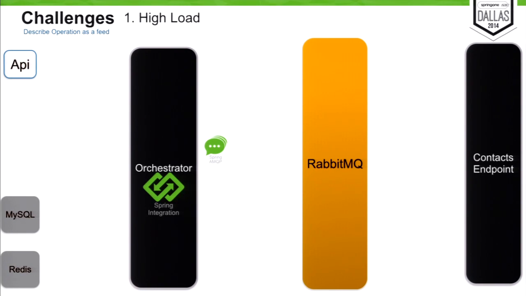So I was talking about the challenges. For us it was a problem that we didn't control; we didn't have any control over the describe operation. The solution was to transform the describe operation into a feed. So now we ask the endpoints for the elements in batches, so we can control how many elements we want. We can control how many elements are pending to be migrated, how many are currently being migrated, and we can stop, pause or resume an operation. So we can stop an operation in favor of others, for example.